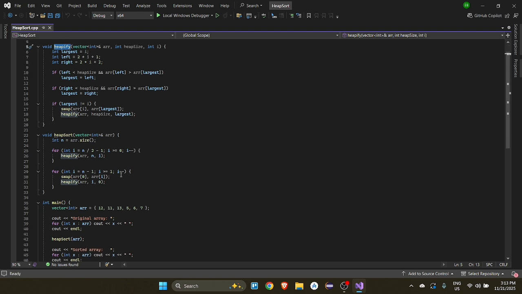Now for the main function of heap sort, this is the code block. For the heap sort, we should initialize an array here as an argument in the heap sort. Here in this for loop, we iterate for creating a max heap. And here we extract elements from the heap one by one. In this line, we move max to the end. And in this line, the heapify process again.